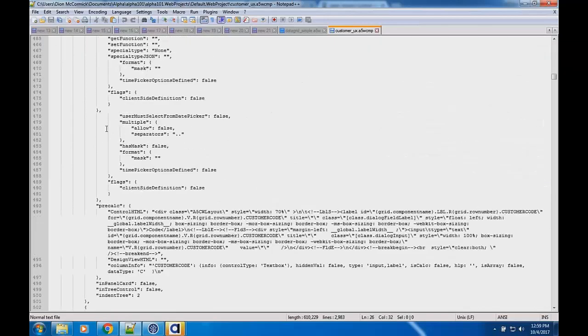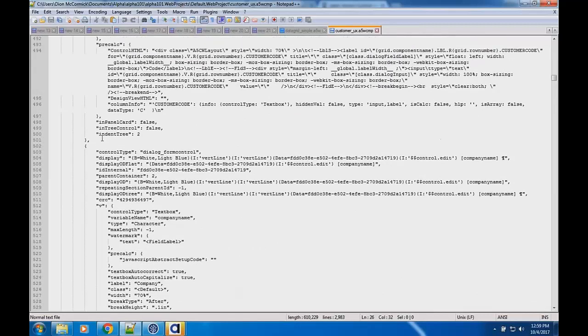You'll see that it's talking about, here's a dialog form control. This is how it's displayed. What you can do is compare this to another file using diff, and you can actually visually see what's changed. So the answer is you can do diffs both on code files, but also now you can do it on UXs and grids.